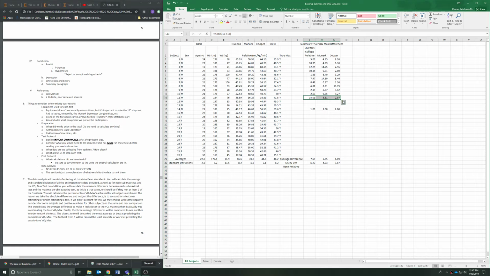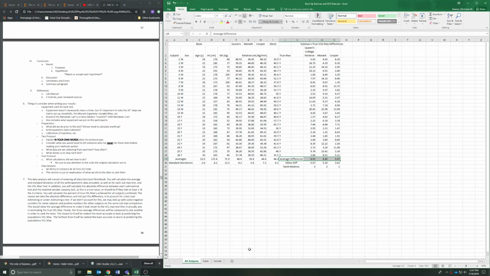This 1, 3, 2 is that ranking from the females since we did it at that time. And here we see the same as the males. So again, make sure you're looking at that average difference. Sometimes, a lot of times, the standard deviation might line up. Sometimes it doesn't. In this case, it doesn't. So make sure you're looking